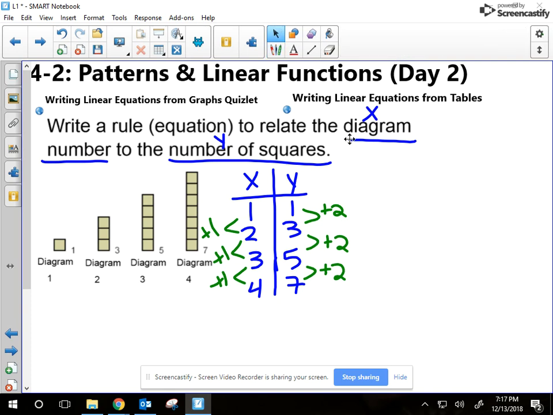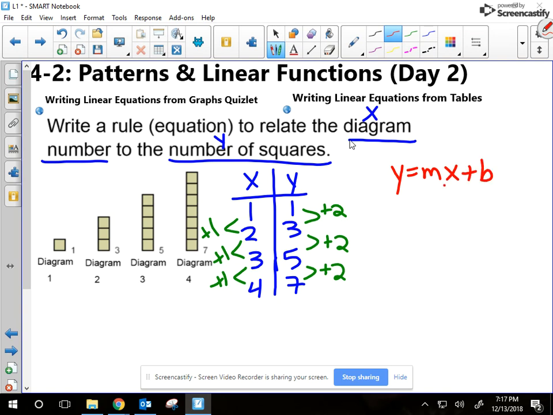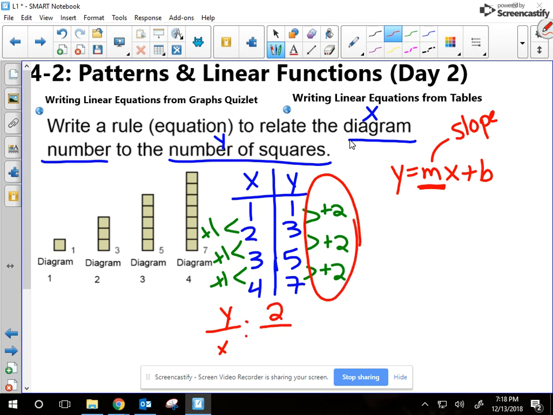Okay. We always want to start our equation with y is equal to mx plus b. The ratio of how each variable is changing in comparison to one another is m. We can call that our slope. New word for you, slope. So when we look at our y variable, we're going to put the y over the x as our ratio. This keeps changing. We're adding 2 every single time, so that's a positive 2. Every single time, our x value is increasing by 1. We said that we could use 2 as our slope